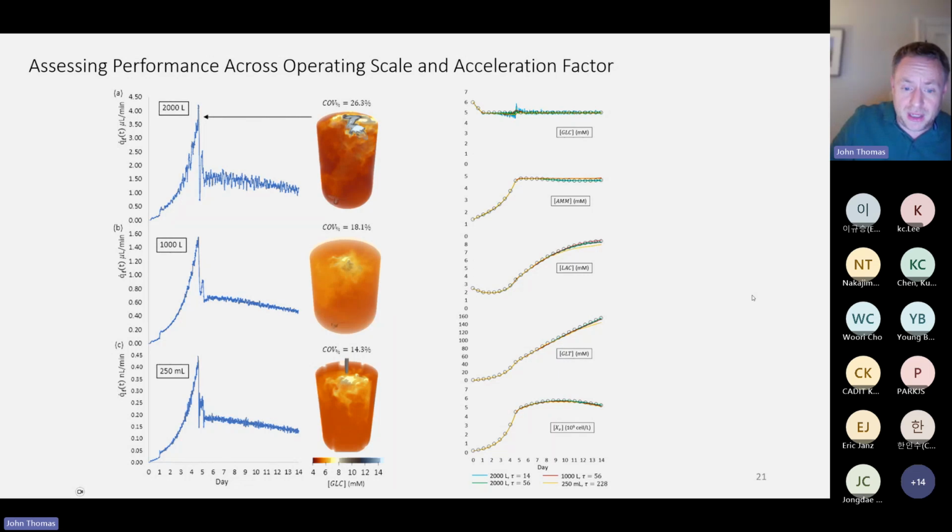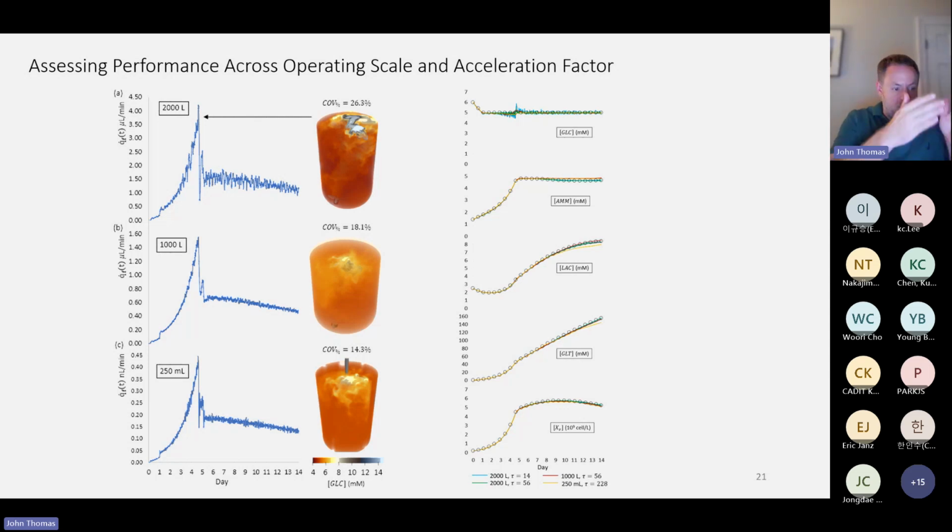We can do this across scale. And this is an important point. Because we're using generalized first principles models, LES simulation, mechanistic bubble breakup and coalescence, explicit breakup models, explicit coalescence kinetics, none of these physics change between scale. Whether we're doing the 250, the 1000, or the 2000, we can use the same model over and over and over again, changing only the vessel topology and scale. Nothing else changes. And that's the power of running a model that is based on more foundational physics,